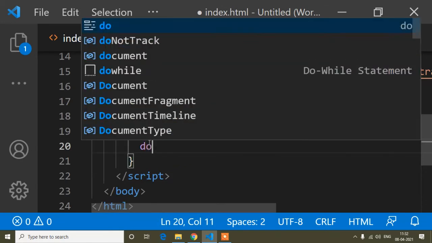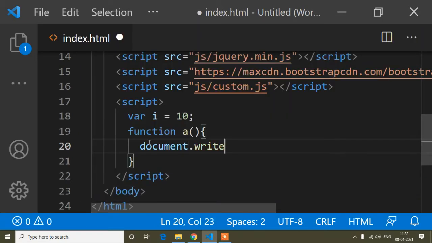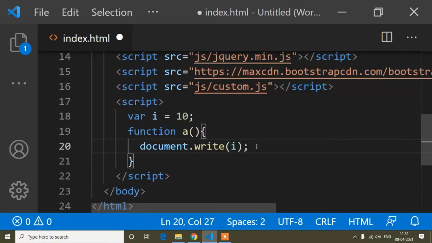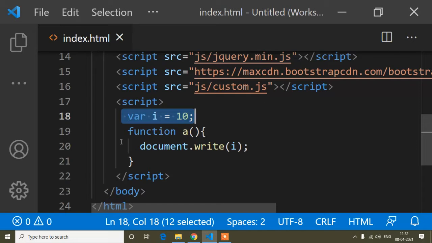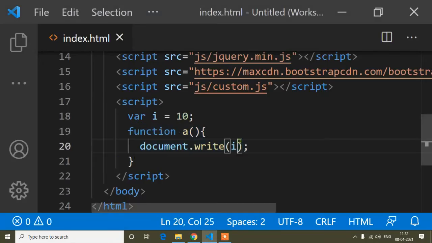Let's see. document.write, and if I write document.write(i), let's see whether I can access this outside variable inside this function, yes or not. Save. I forgot to save, so save again.